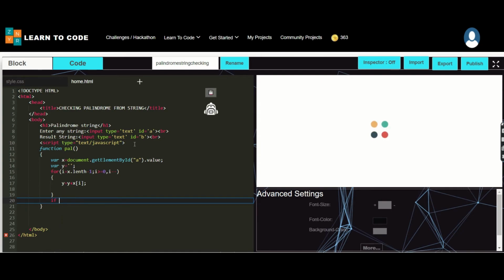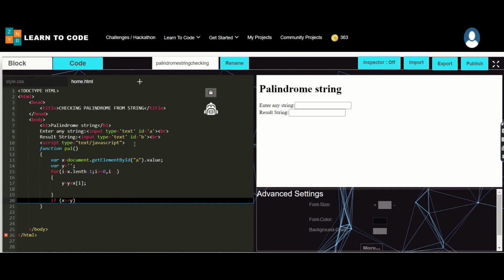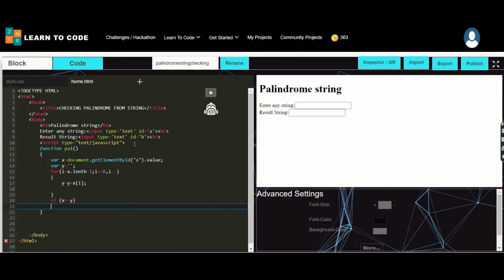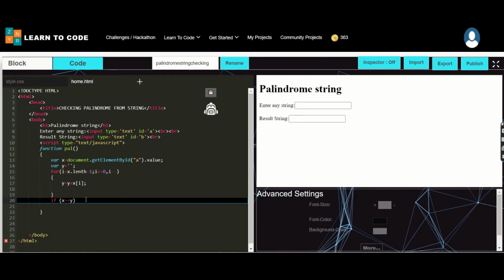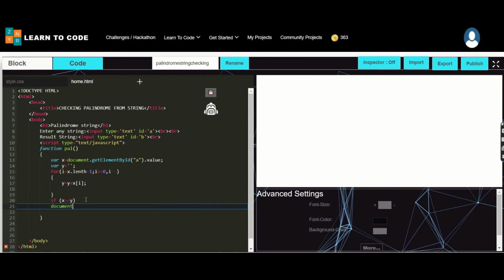If x is equivalent to y, that is, whatever the input string is equivalent to the output string, then the user has to define document.getElementById, which should show my value of b.value, which is equivalent to y plus is a palindrome.